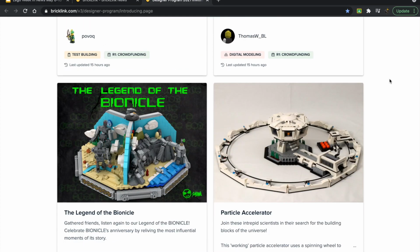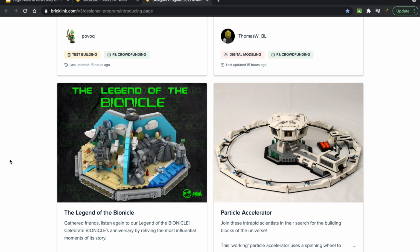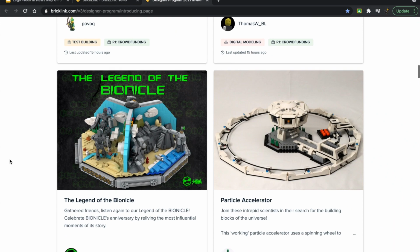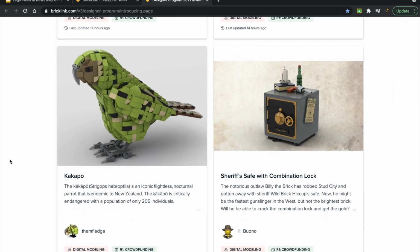I feel like Legend of Bionicle will probably get made. I feel like since it's made it this far, I don't know if there are any issues with... Yeah, I don't know. We'll see. I know that Bionicle has a pretty large and active community. I do feel that the Kakapo, and I really do hope I'm pronouncing that right, does continue and make it to future rounds. I think this is, to me, really more than anything just to maybe raise awareness